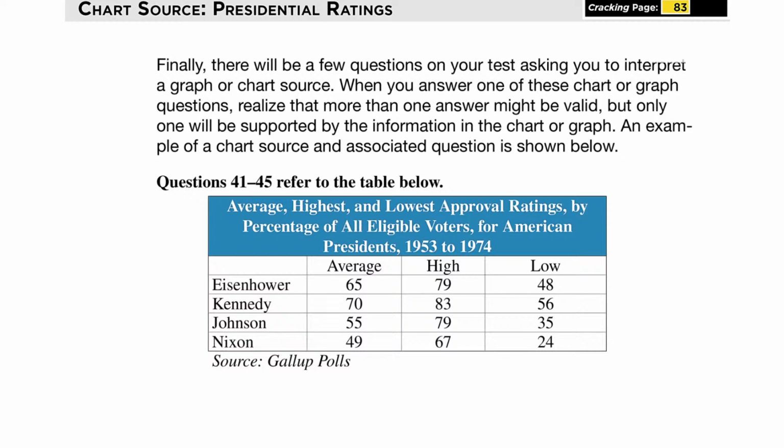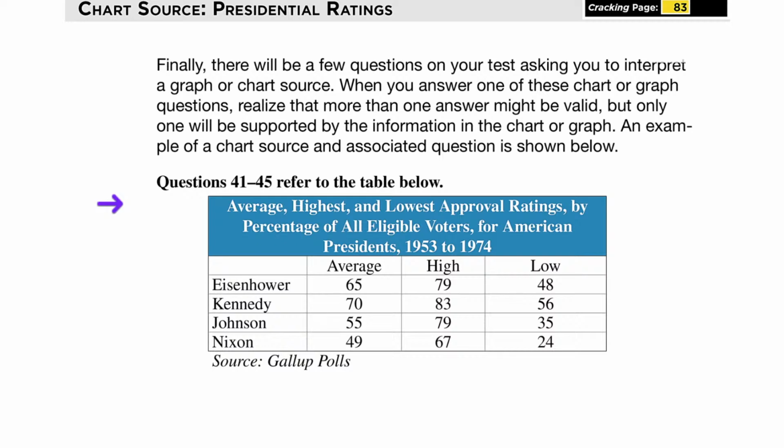What I like about charts and graphs is they usually don't require you to have much outside knowledge. You can usually base a lot of the answers just on what you see in the graph, but of course you have to study it carefully. So always read all the labels, all the keys, make sure you understand the chart. This one says average highest and lowest approval ratings by percentage of all eligible voters for American presidents from 1953